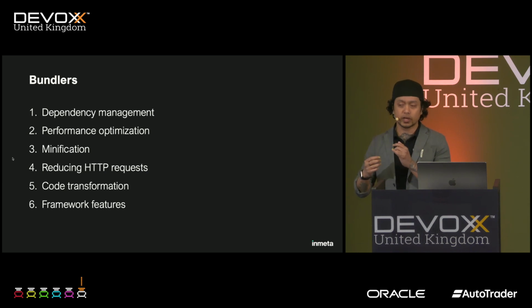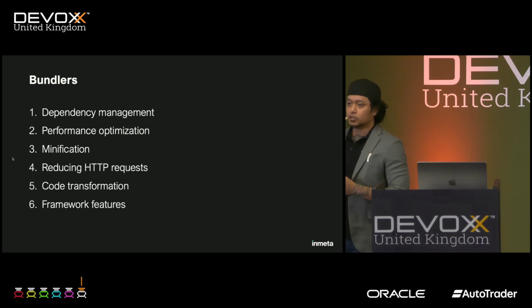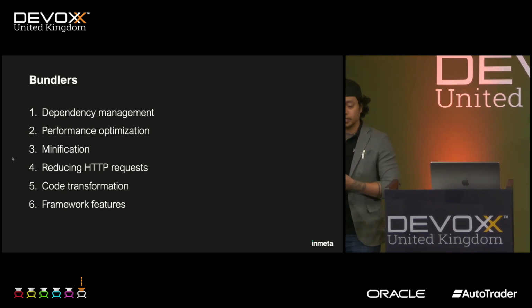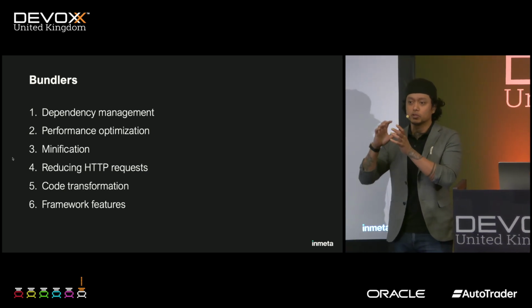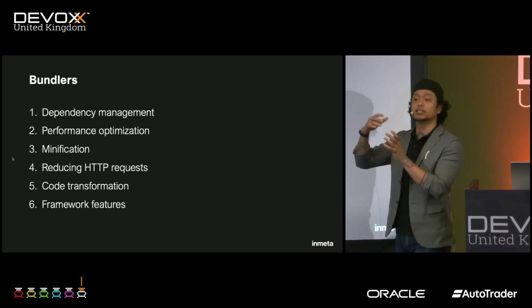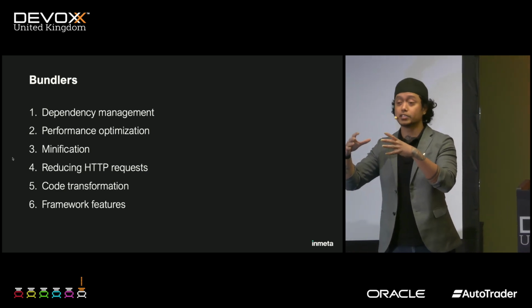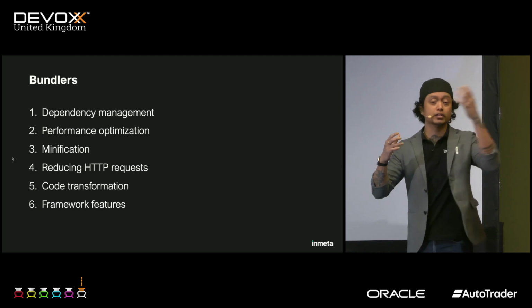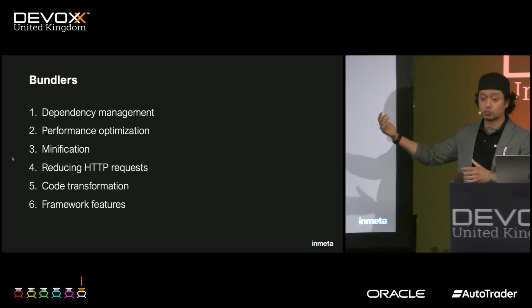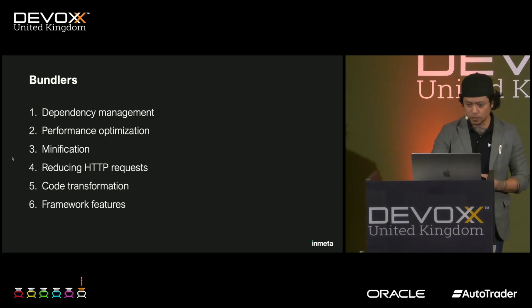When I say code collocation, has anyone here written Remix or Next.js, right? When you write a server loader in Remix, the bundler knows that this function will only run in the server, right? But you can also write components, for example, in Next.js. So bundlers are responsible for detecting which code only runs in the server and which code runs in the browser. These are in just one single file, but the bundler knows which one to run in the browser and which one to run in the server. So that's called collocation, right?